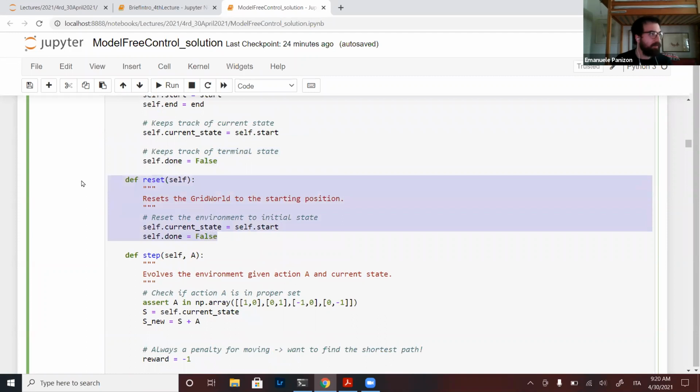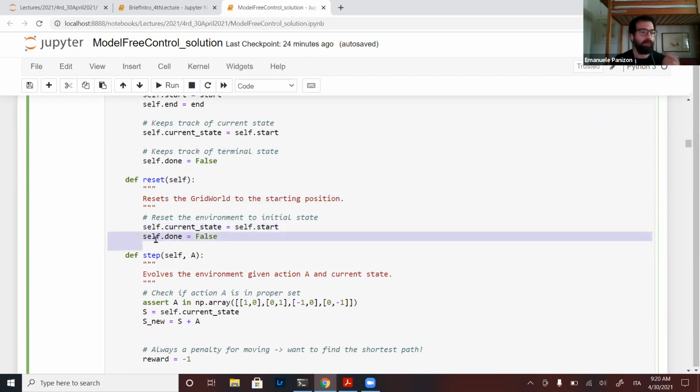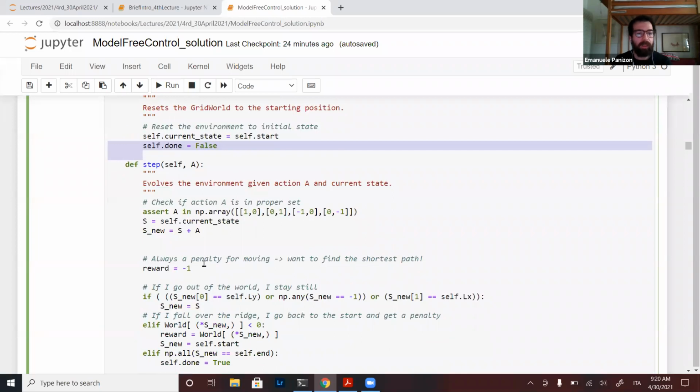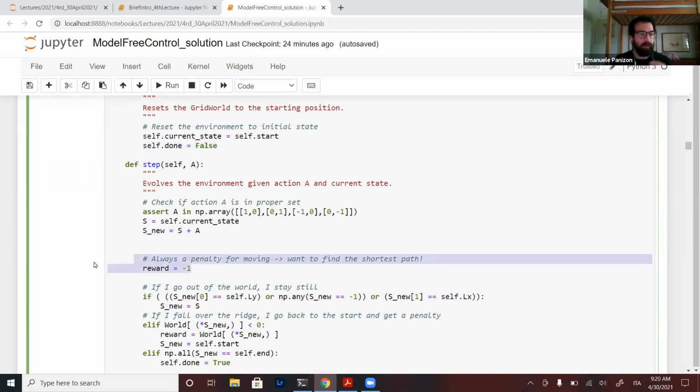You have a reset function, as always in this environment, which goes back to the start and sets episode done to false. And you have a step function with an action, which takes the current state and tries to do a new action, a new position. As I said, all moves cost 1.